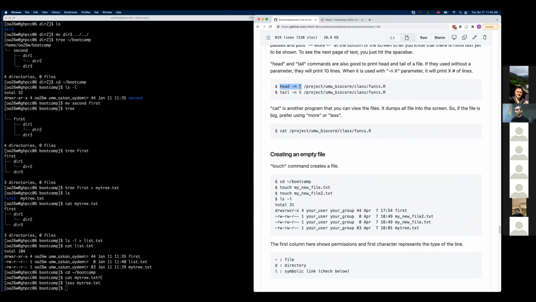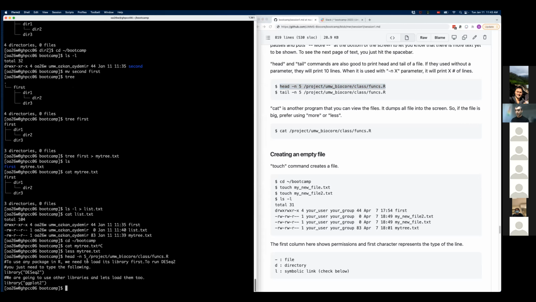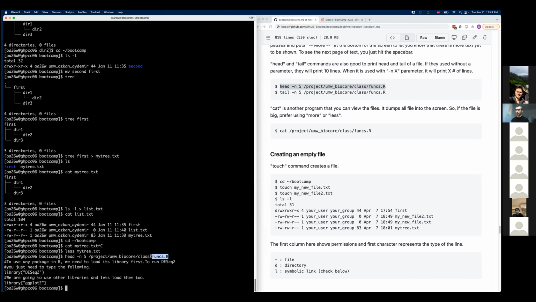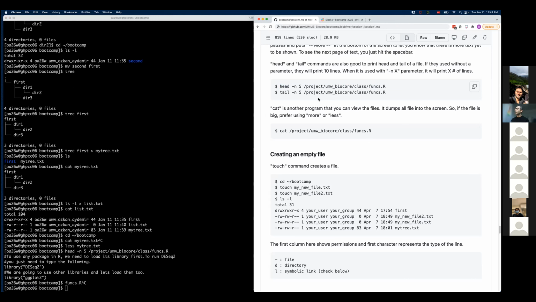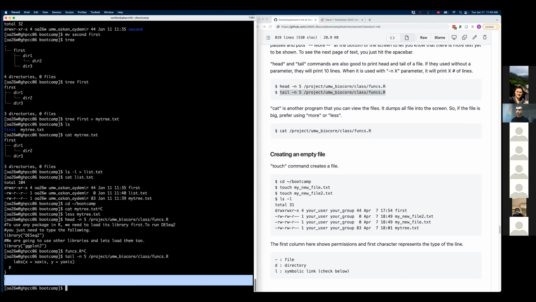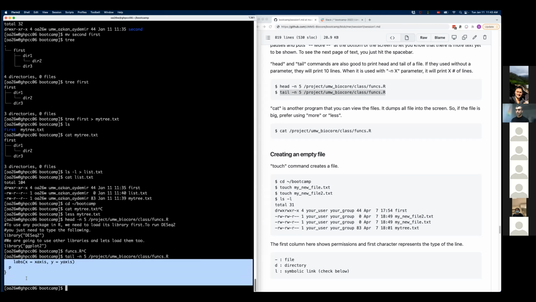and you can provide how many lines from the beginning of a file you want to read. And here, for example, we want to see the first 5 lines of this file. So these are the first 5 lines in the file funcs are in this directory. And if I want to see the last 5, then I would use tail and give these options. And this is the last 5 lines. Even if the lines are empty, they count as lines. So the last 2 lines are empty here.